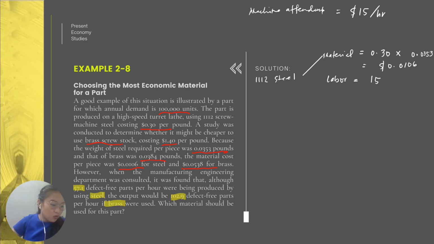So 15 over the defect-free parts per hour, 57.1 for steel, right? Using steel. So, therefore, you have 0.2627 and the variable overhead is, wait,